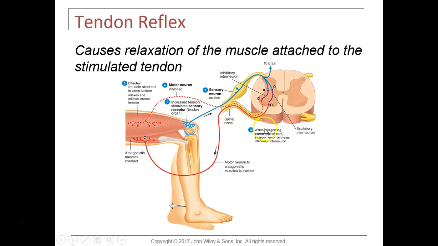In the tendon reflex, this is a reflex that's going to prevent a muscle from contracting and thus putting too much tension on the tendon and prevent it from ripping or tearing. So this particular reflex involves really two things as well. We have what's called a tendon organ. The tendon organ is a receptor in and around the muscles in the tendons that monitor the degree of tension on the tendon. So if the quadricep group muscle is contracting, it's going to want to bring your leg forward,